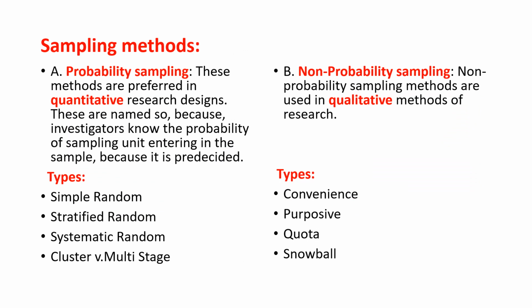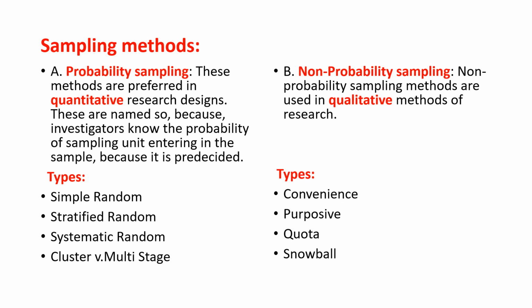So coming to the different types of sampling methods, it can be probability sampling and non-probability sampling. Probability sampling are those where quantitative research designs are mostly carried out. These are named so because the investigator knows the probability of the sampling unit entering in the sample because it is pre-decided. And the non-probability sampling methods are used mostly in qualitative methods of research, and it doesn't follow a very